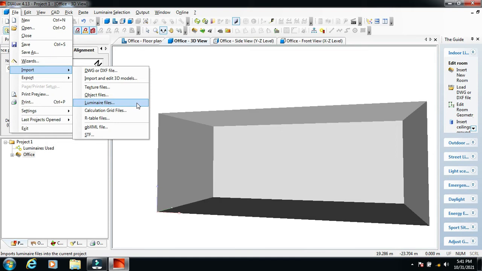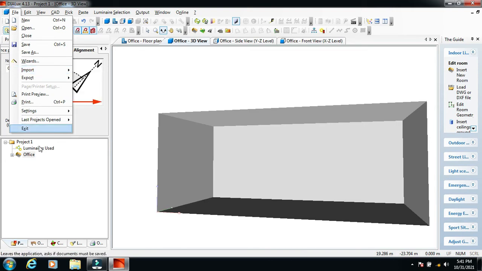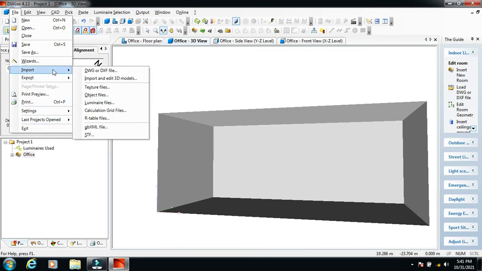Once you upload that file in the Dialux project, under this Project 1 which is mentioned here, you can put those luminaires in the specific locations and run the lighting calculation to see your desired output. Then calculation grid files, R tables and other format files can be uploaded.